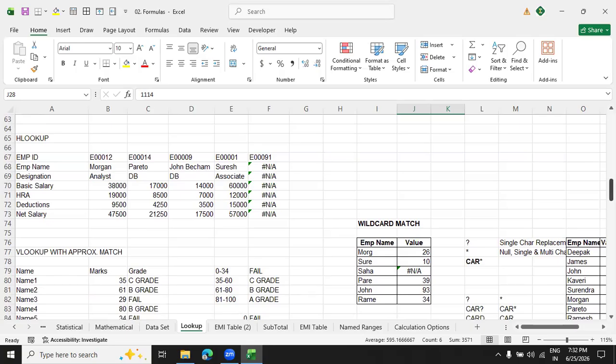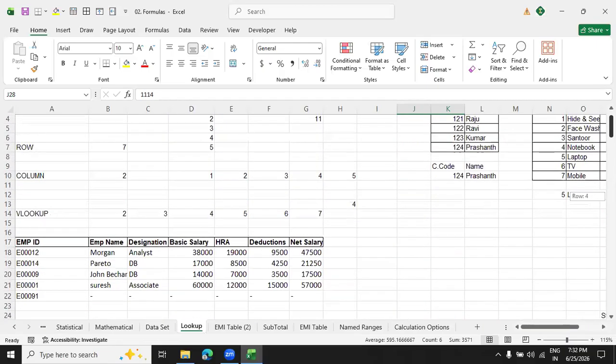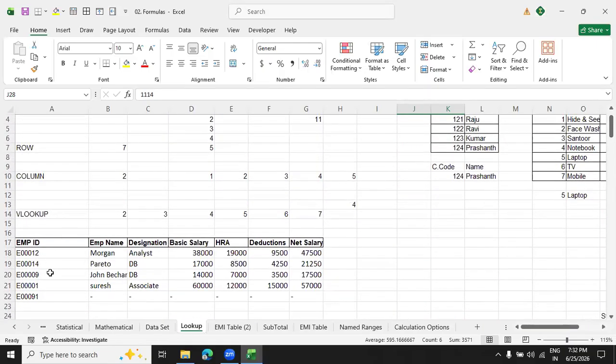Anybody used the match formula before? Actually, we are using VLOOKUP multiple times, but the match formula we are not using actually. So we discussed this common value. There should be a common value whenever you are using VLOOKUP. There should be a common value, two conditions, and the common value should be in the first column of the table